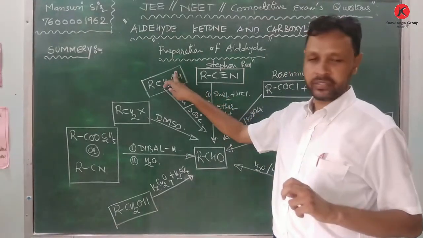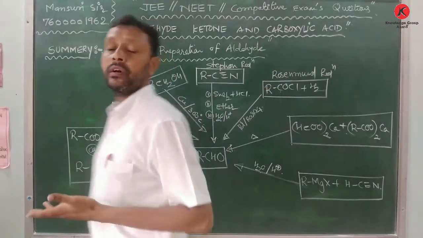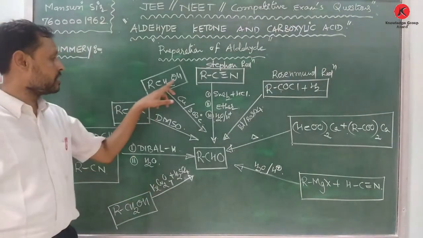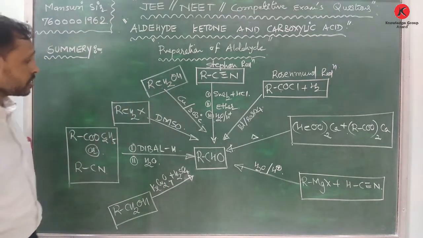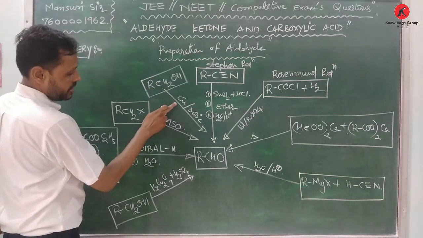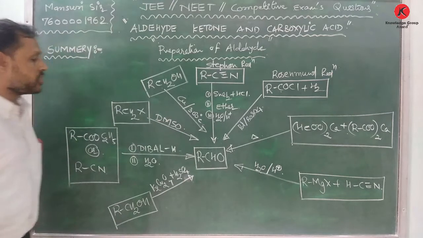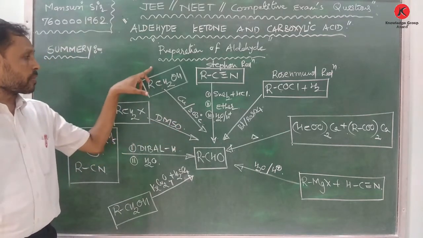And when the OH containing carbon is attached to three carbons, it is known as tertiary alcohol. So here primary alcohol when reacted with copper at 300 degrees Celsius